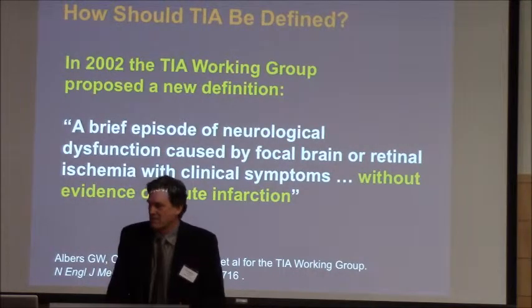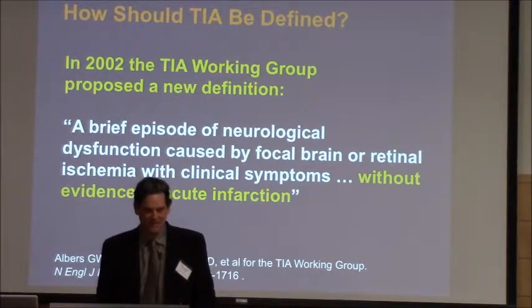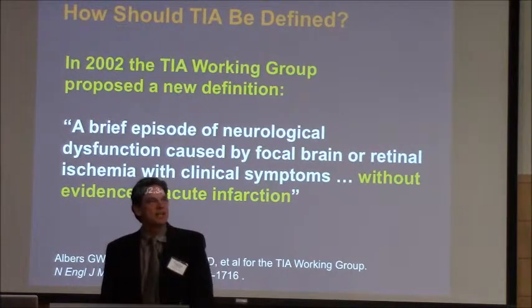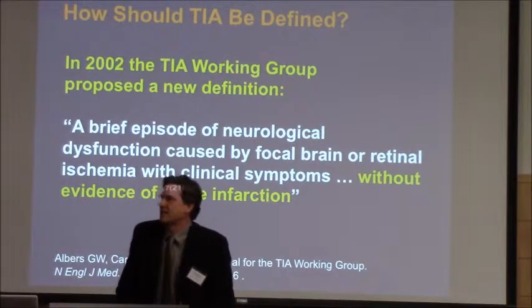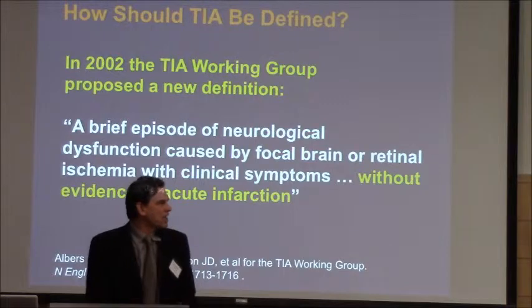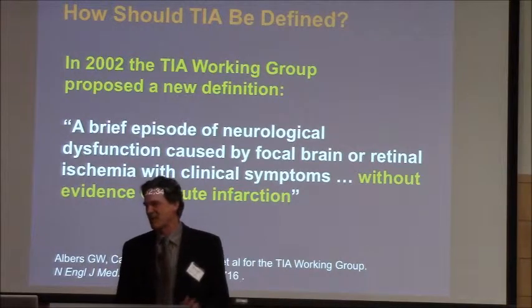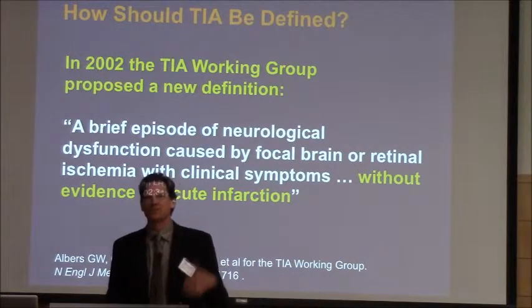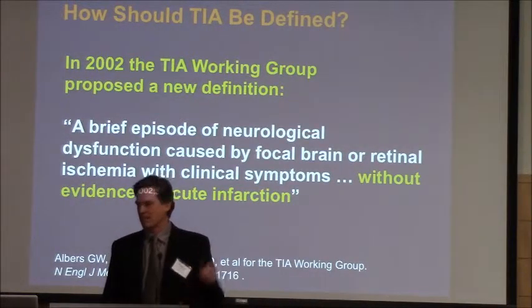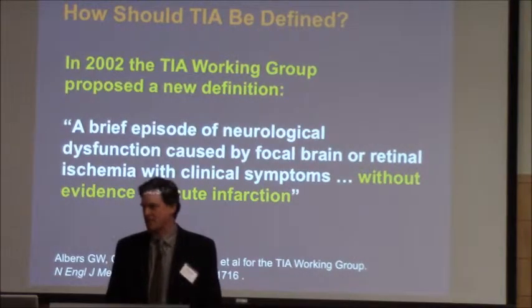So a number of us were concerned about this discrepancy in the definition of transient ischemic neurologic event, and said the definition that we learned in medical school probably should be changed. But how do you change a definition you learned in medical school? It's not particularly easy, right? A definition that's been around for decades. So fortunately, the New England Journal was willing to help us along and publish this provocative paper in 2002